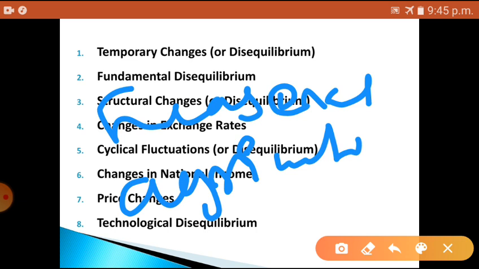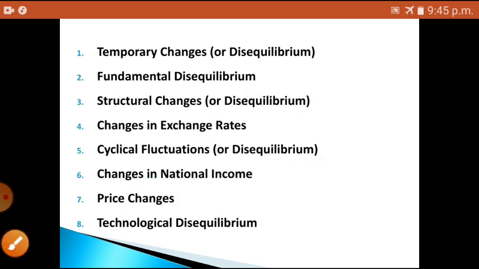Means this temporary change may be for the short term, caused by accidental or unsystematic variation in trade, or from the effects of weather on agricultural production, through which deficits or surpluses arise. Through this, the disequilibrium can be solved within a short period of time. Okay, this was temporary disequilibrium. So the second is